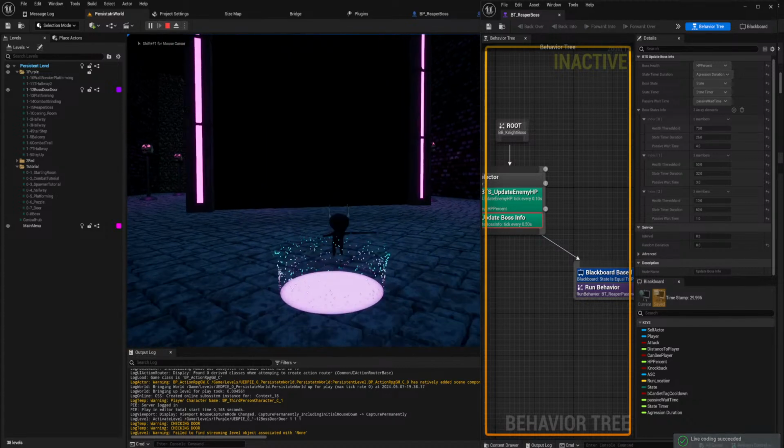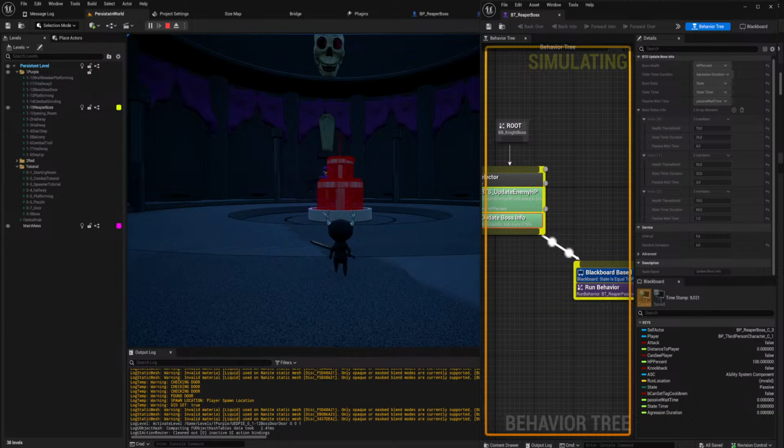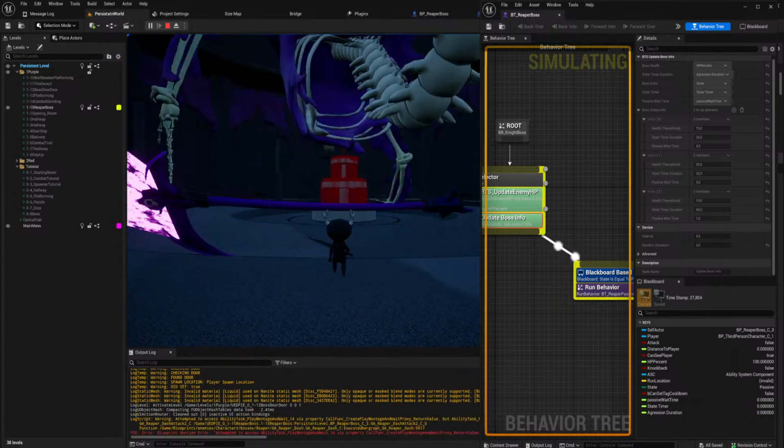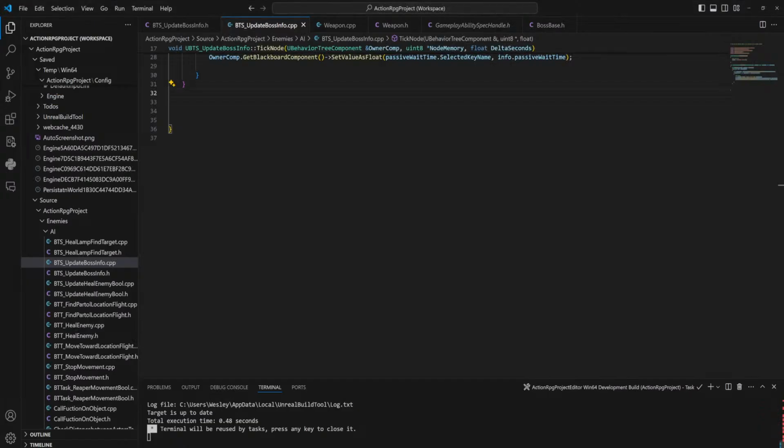But those two blocks of code... Huh? I am so confused right now. Also, the question about what I'm using to code, that is Visual Studio Code. That is really weird. Aggression duration, state time duration. I am passing in the right thing.